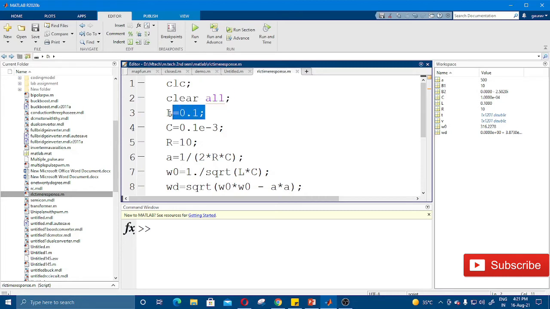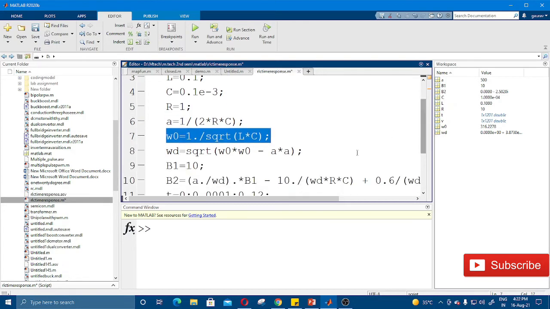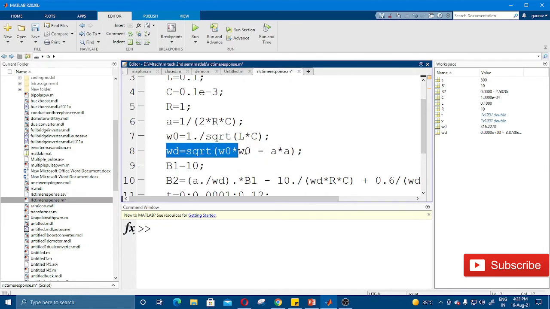L inductance is 0.1 Henry, capacitance C equal to 0.1 e to the power minus 3 farad. First I am taking the value of resistance, for example 1 ohm, a equal to 1 by 2RC, omega naught equal to 1 by square root of L into C. Similarly omega d, the damped frequency, equal to square root of omega naught squared minus a squared.